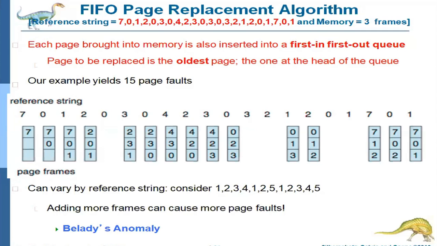The next reference string is 3. So 3 is already there, then it is a page hit. So if the required page is available in main memory, then it is a page hit. Next one is 2. The required page is in main memory, so it is a page hit. So next one is 1.